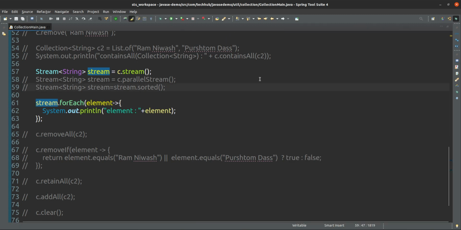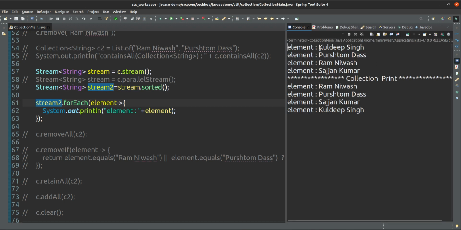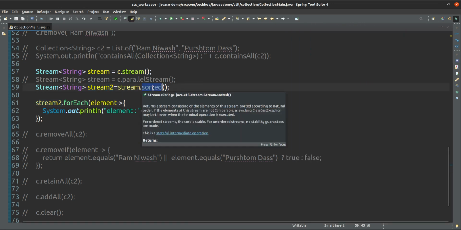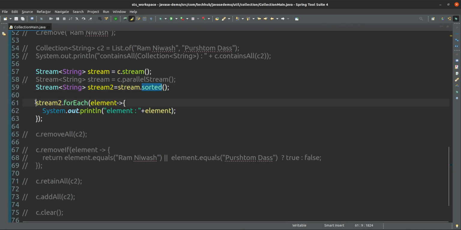But what extra features are in the streams? You can sort also, no issue. You can sort stream 2, that's it. It's sorted. Now it will be sorted. How is it sorted? Yes, it is sorting according to the alphabetical dictionary order, A B C D E F G H I J K L M N O P. After K, P is coming. After P, R is coming. After R, S is coming. So according to their name, it is sorting them. Sorting algorithms are there. Okay, so using this one you can stream.